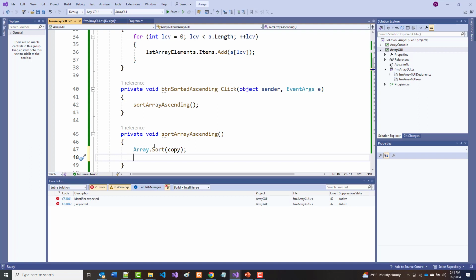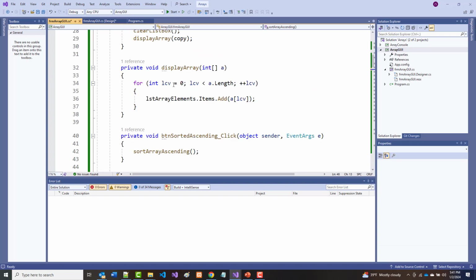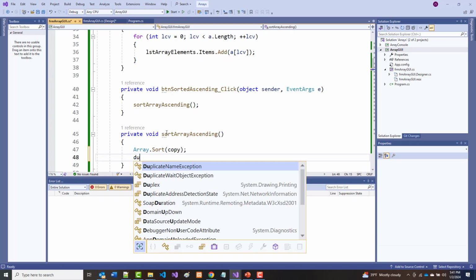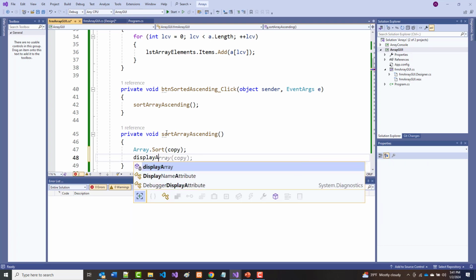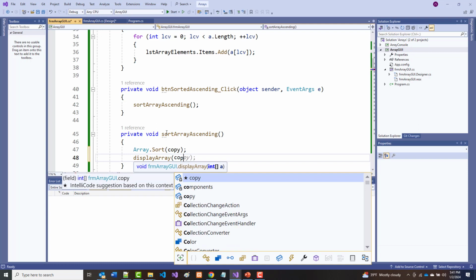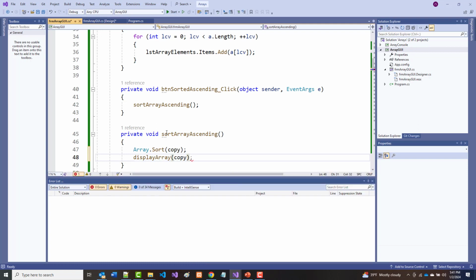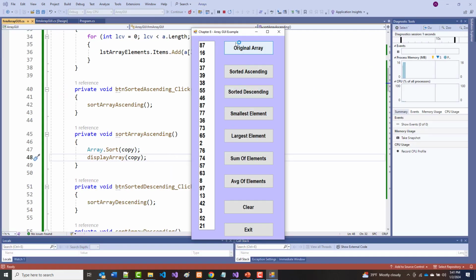And then again, we will call display array and we're going to pass it copy. All right, so let's see if that works. There's our original, and if we sort ascending,